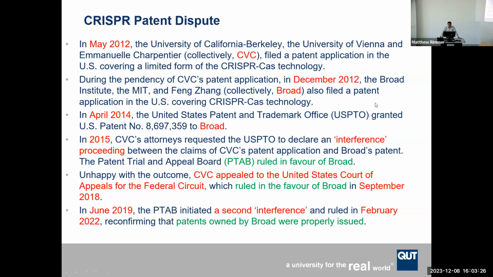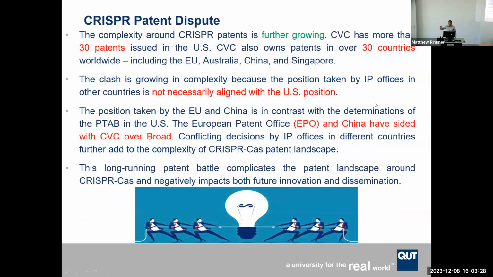But there are certain other patents in relation to CRISPR-Cas technology, and more than 30 patents have been issued in the United States to CVC. And CVC also owns patents in over 30 countries worldwide, including the EU, Australia, China, and Singapore. The clash is growing in complexity because the position taken by IP offices in other countries is not necessarily aligned